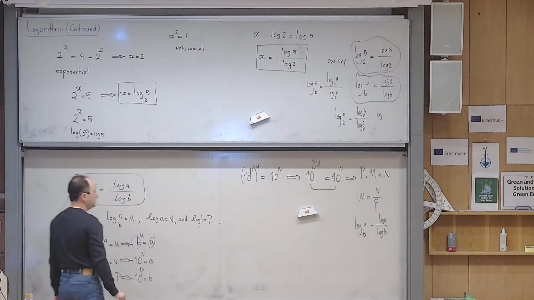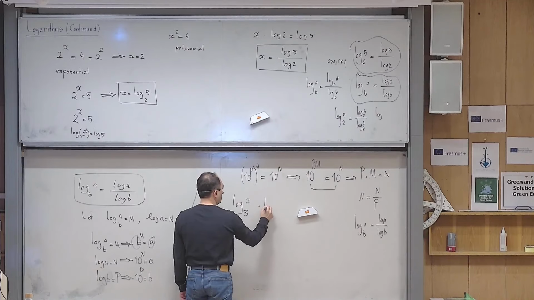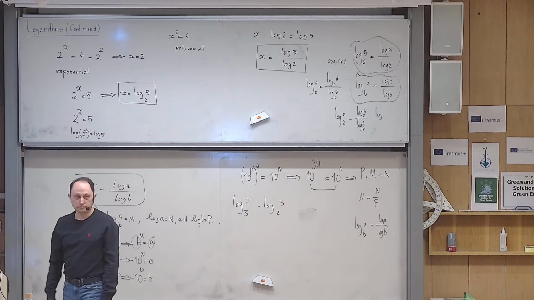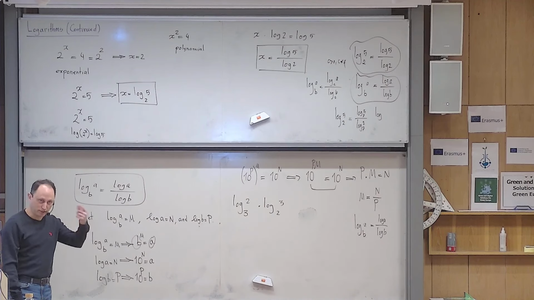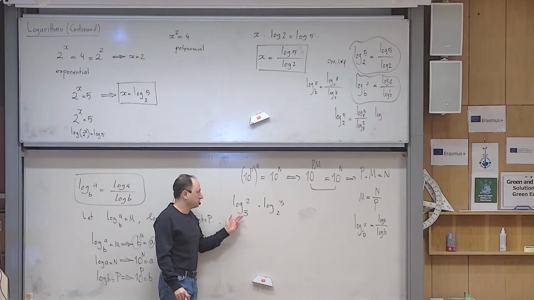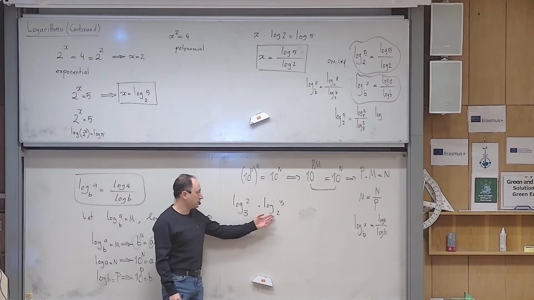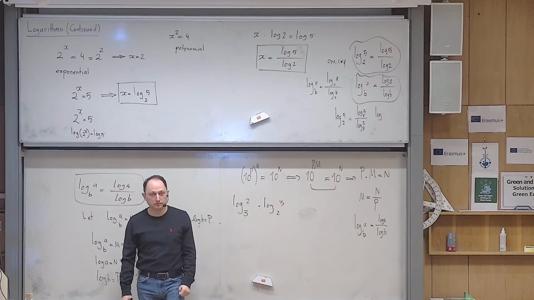For example, can you tell me immediately what is the answer to this? Logarithm of 2 to the base 3 multiplied by logarithm of 3 to the base 2. Yes? Logarithm of 2 divided by logarithm. No, final answer. You are calculating. That's correct. But what's the final answer? If you ask me, Babak, do you know logarithm of 2 to the base 3? I don't know. I have to use the calculator, and then the calculator will give me not an exact value, an approximate value, and the same thing here. But I know this number is exactly equal to